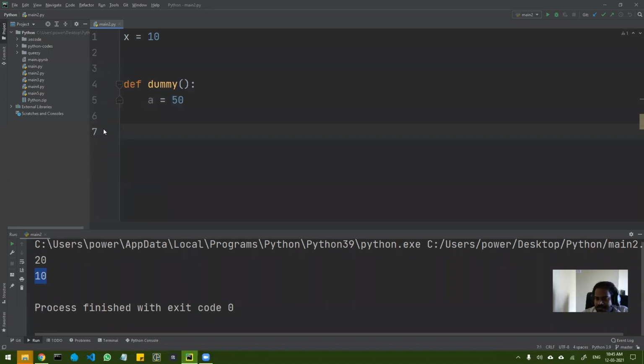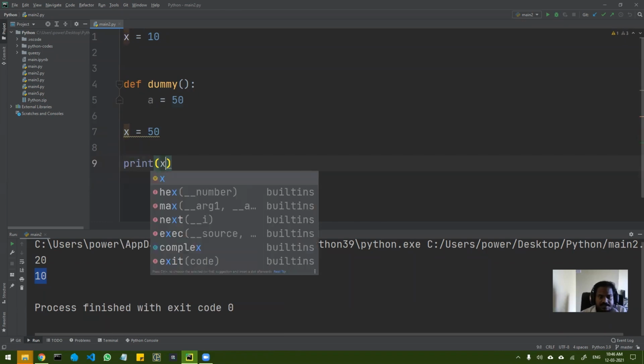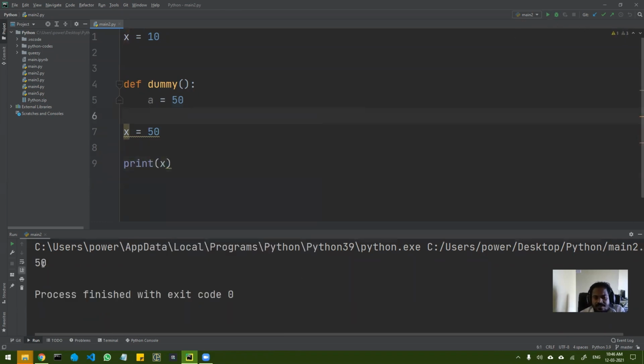ग्लोबल, अभी तक हम लोग फर्स्ट लेक्चर से जो अभी तक किए हैं वो सब में वेरिएबल ग्लोबल ही था, राइट? तो हम लोग अगर x है तो x इक्वल टू 50 कर सकते, राइट? बिकॉज x यहाँ पे डिफाइंड है, x यहाँ पे डिफाइंड है, राइट? यू कैन चेंज इट एंड देन यू कैन प्रिंट x. ओके, सो दैट विल वर्क. यू कैन सी नया वैल्यू प्रिंट हुआ. ग्लोबल को तो ऑब्वियसली हम लोग चेंज कर ही सकते हैं, बट फंक्शन के अंदर से चेंज नहीं कर सकते. अगर फंक्शन के अंदर से चेंज करना है तो ग्लोबल कीवर्ड जरूरी है. ओके,